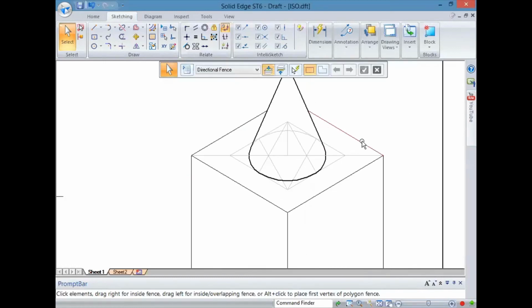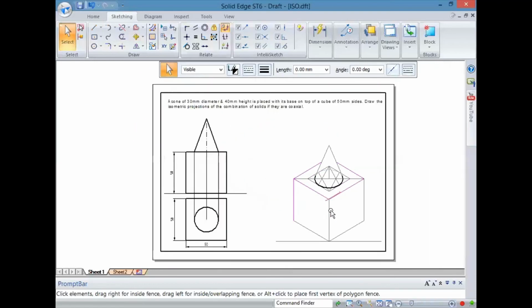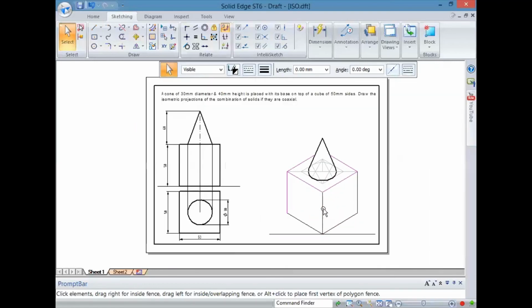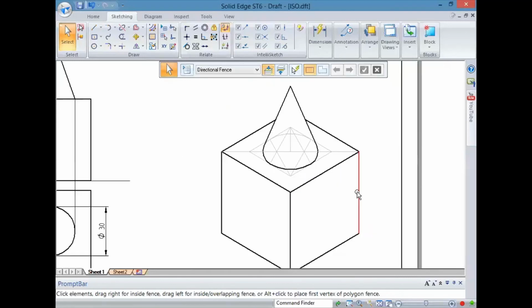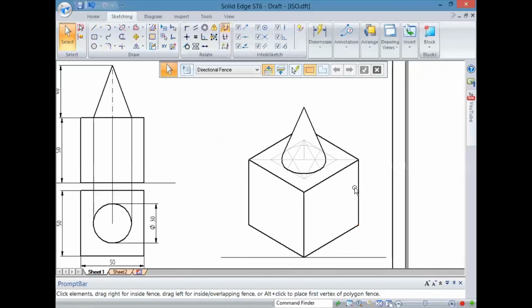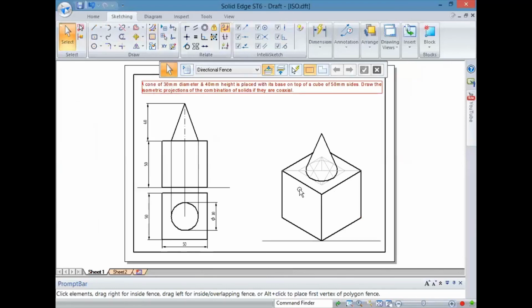All the remaining portion of the edge which is visible, you make dark. So this is basically your isometric view. Okay, so fit it. The cone of 30 mm diameter and axis height 40 mm is placed with its base on top of a cube of 50 mm. Okay, thank you.